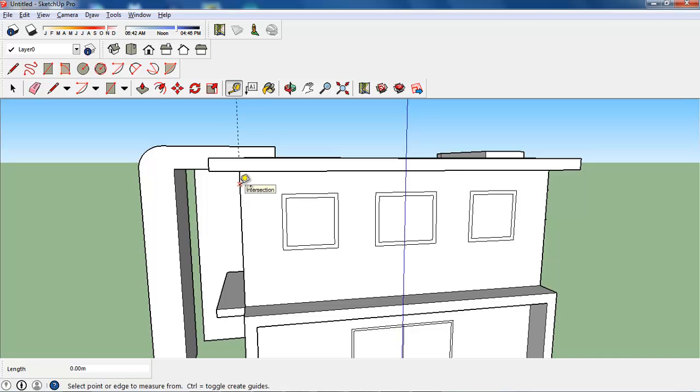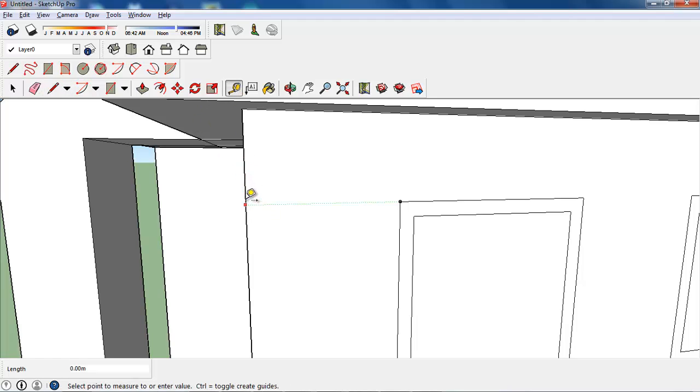How much is that? Intersection. Wait, I'm getting mixed up here. But 0.2, 0.1. Drop that line off. We have 0.1